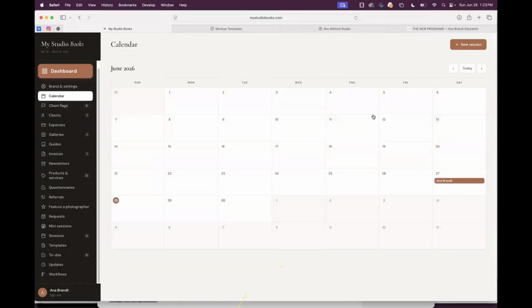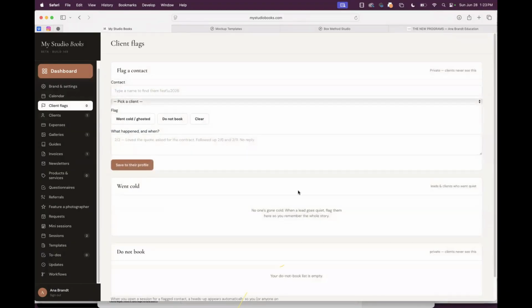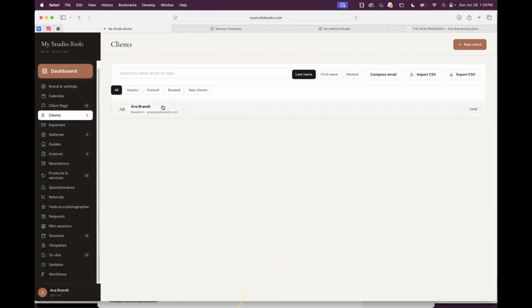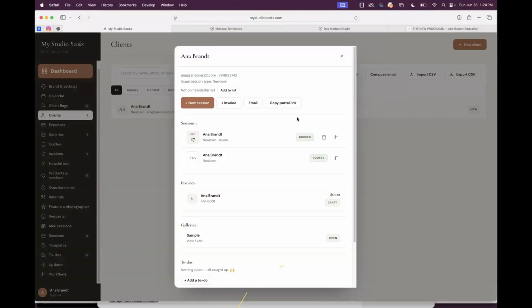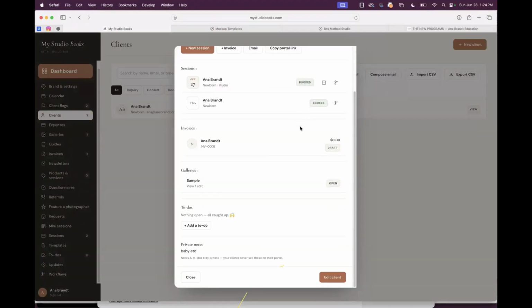So then, of course, you go into your calendar. I'm my only customer right now, so you'll see me in here. Client flags. We all have those clients that maybe we forgot about, and then 3 years later they call and you're like, oh my gosh, just a little thing in there for you. Of course, your clients, you can import and export. I have not imported my clients yet because we're still in beta. Once we get out of beta, then I will import my clients. But because I'm constantly showing this, I'm trying not to include anybody in here. So I'm my client, bunch of different things in here.